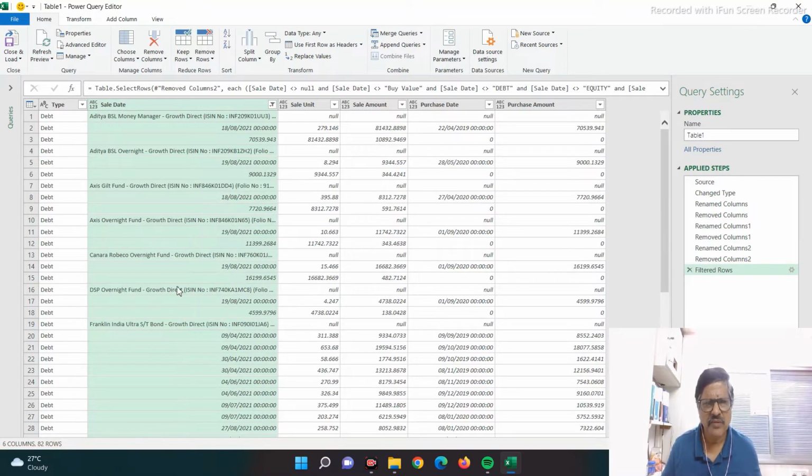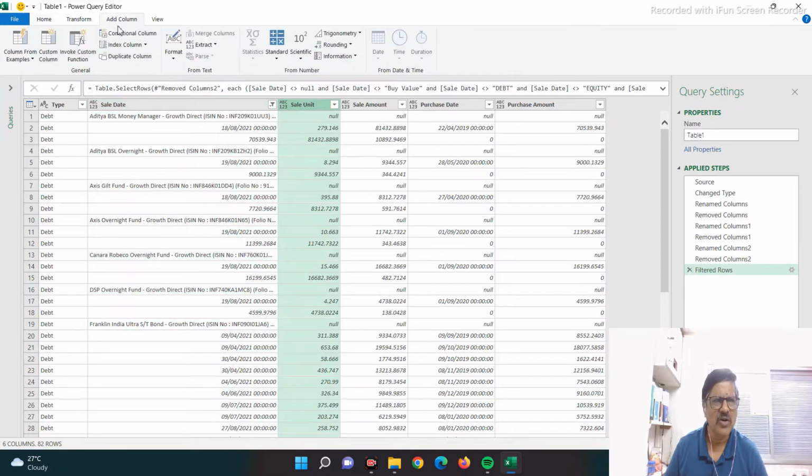So if you see, wherever there is a name of the script, in sale unit you find a null value. So I'll put a conditional column where I'll add a column, and if sale unit contains null, then select sale date, otherwise null value. So I'll use add column, conditional column,